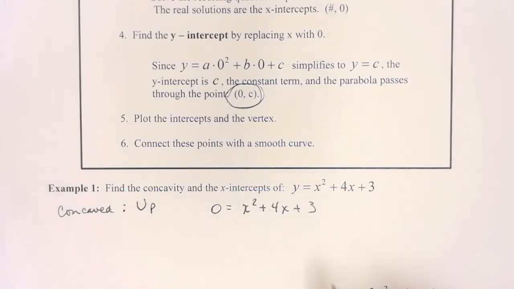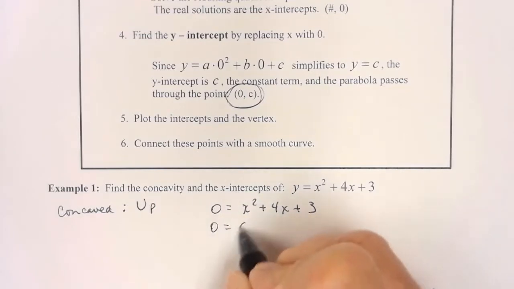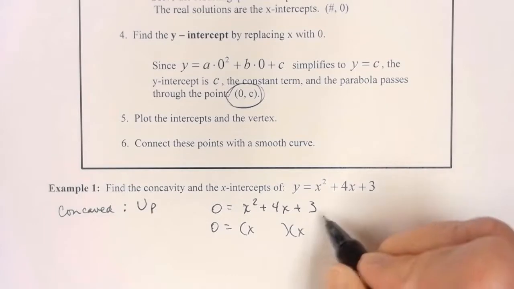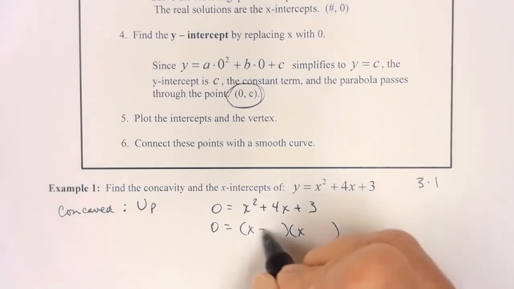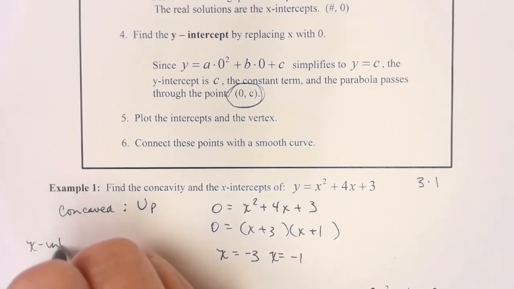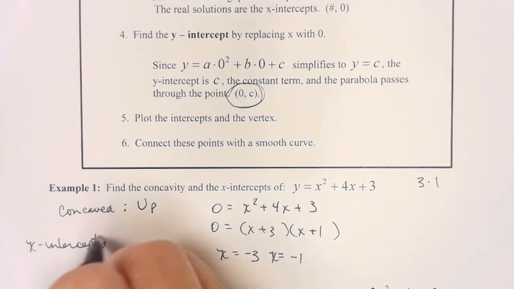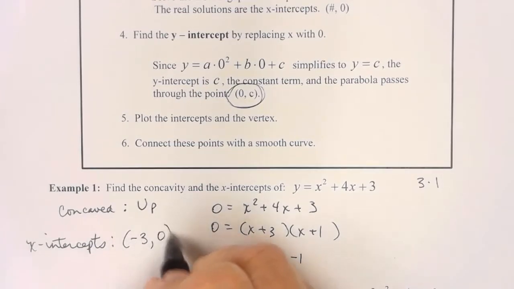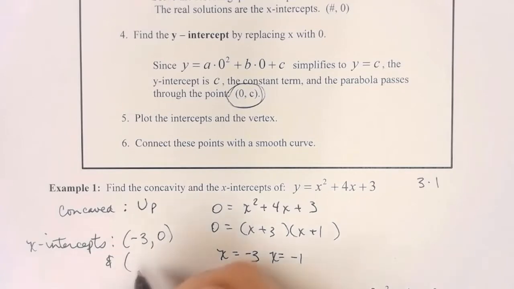I'm going to try and factor, since this is one of the nice kind. I got 3 and 1, which is what I need. So my x-intercepts